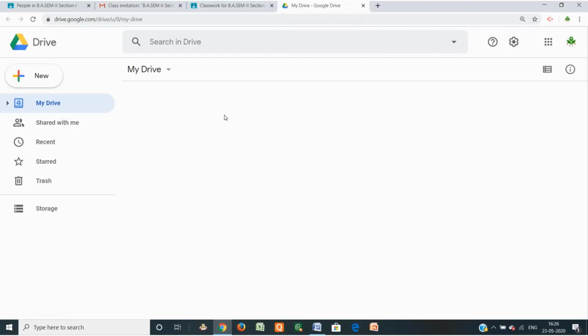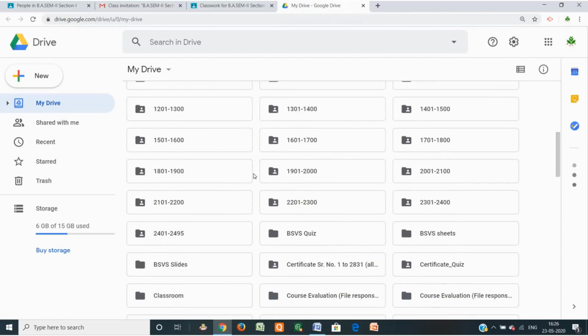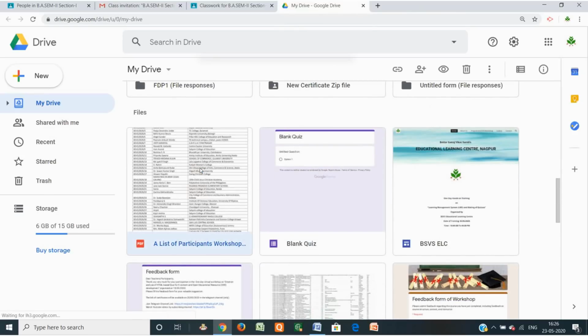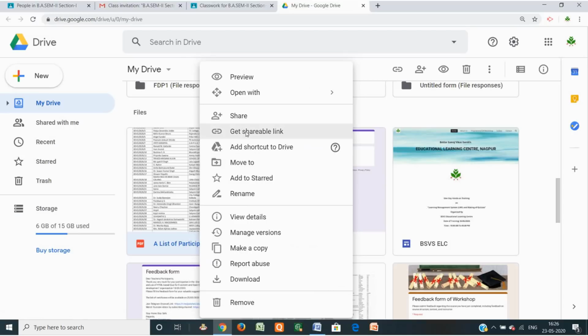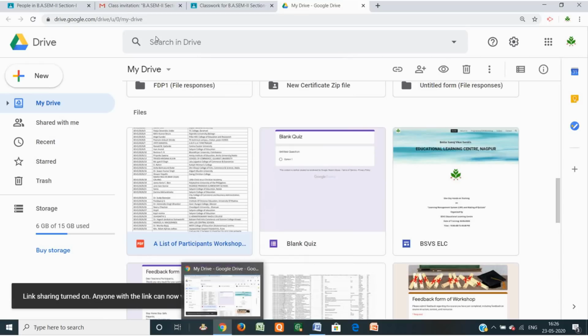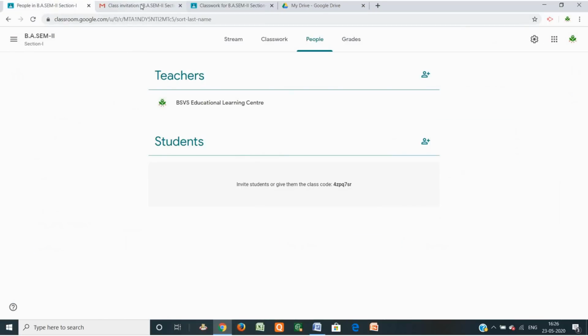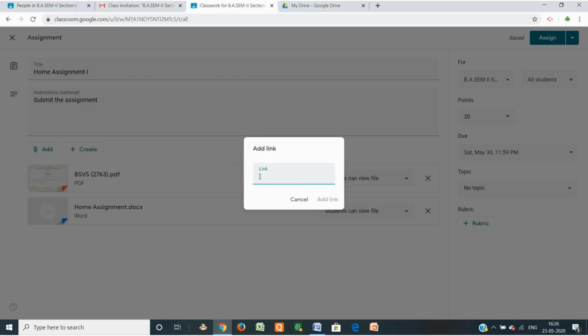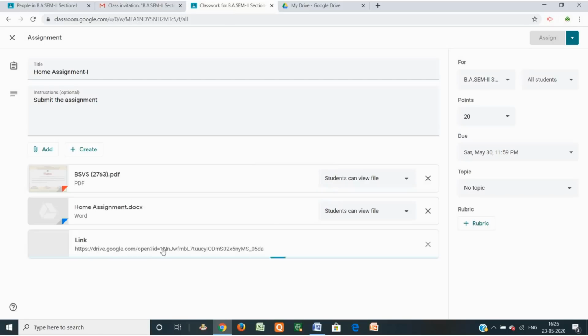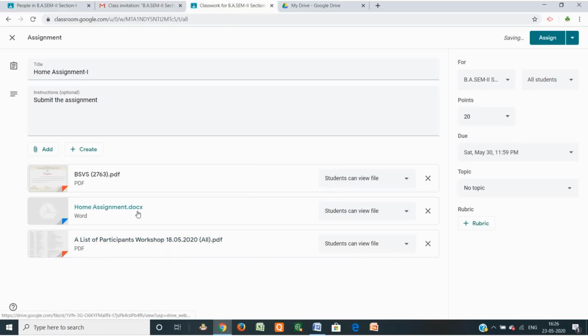Suppose any file is saved in Google Drive, just right click on that particular file, then get shareable link, copy the link, and add this copy in the link option. Just paste it and add link. So this is another way to add the particular link. We have already discussed uploading the file, then link, then Google Drive.